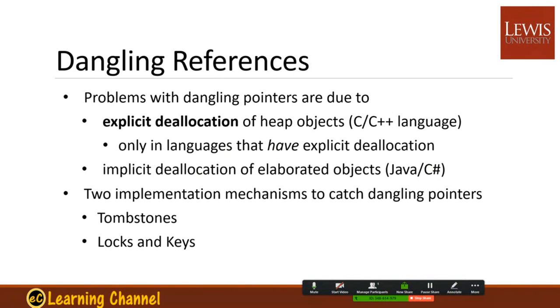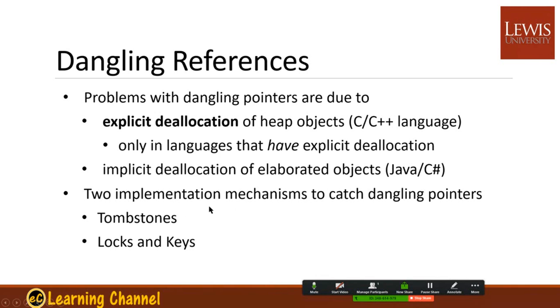That's the so-called dangling reference. The problem with dangling pointers is due to the explicit allocation of heap objects. The object can be removed, but your reference or your pointer is still there. That's a dangling reference. On the other hand, if the object has no reference pointing to it,